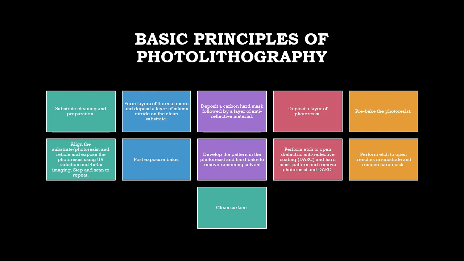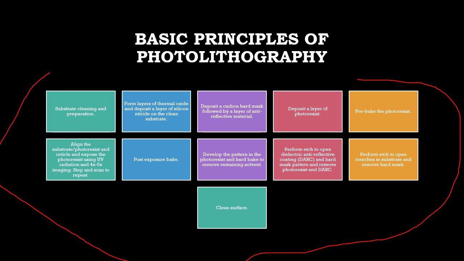So what are the basic principles involved in the process of photolithography? This is the whole process involved in photolithography. All these principles are followed in this process, firstly this and then this, one by one. And these are the steps which are followed in the process. You can see in these images how the process goes, and we discuss each briefly in our next slides. So let's move to our next slides, and we will see all these things one by one.